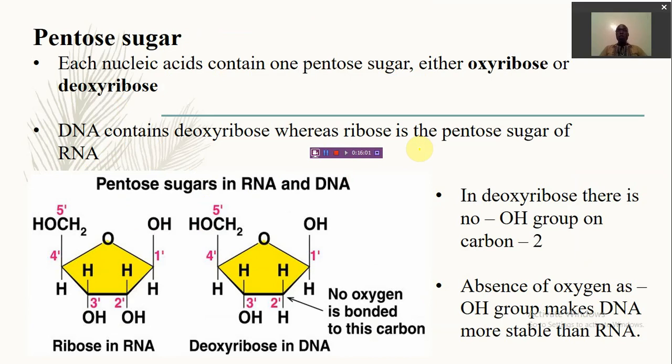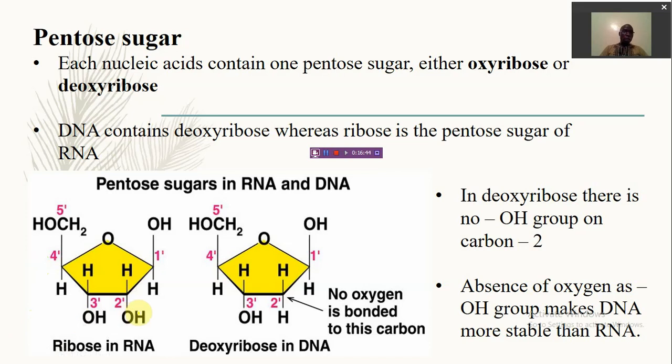Now looking at the pentose sugars, that's the second component of a nucleic acid. Again, there are 2 types of pentose sugars. Pentose, I told you, means 5 carbons. So these are sugar units which have 5 carbons in their ring structure. Remember the Haworth projection. So the distinction between the 2 types of pentose sugars, ribose and deoxyribose, is that if you look